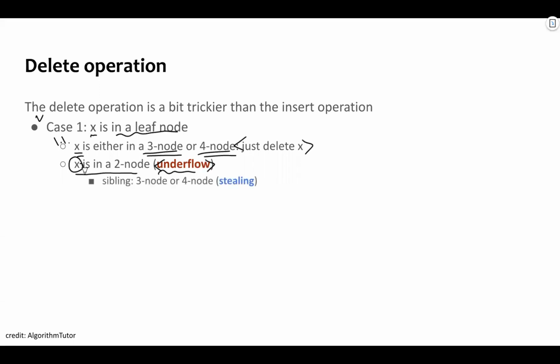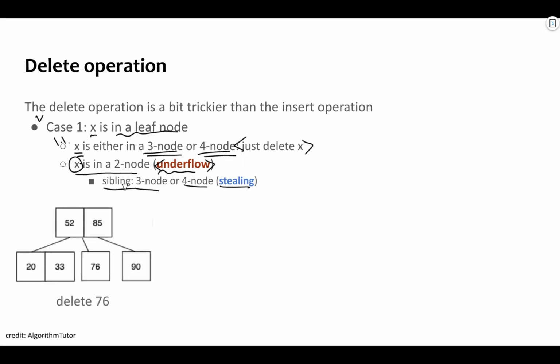And if X has siblings, and the sibling of X is a 3 node or 4 node, we are going to steal some items from the siblings and then perform deletion. So let's have a look at this. Let's first think about if we want to delete 33 or 20. Then because this node is a 3 node, we can just delete it and there is nothing more we need to do. However,